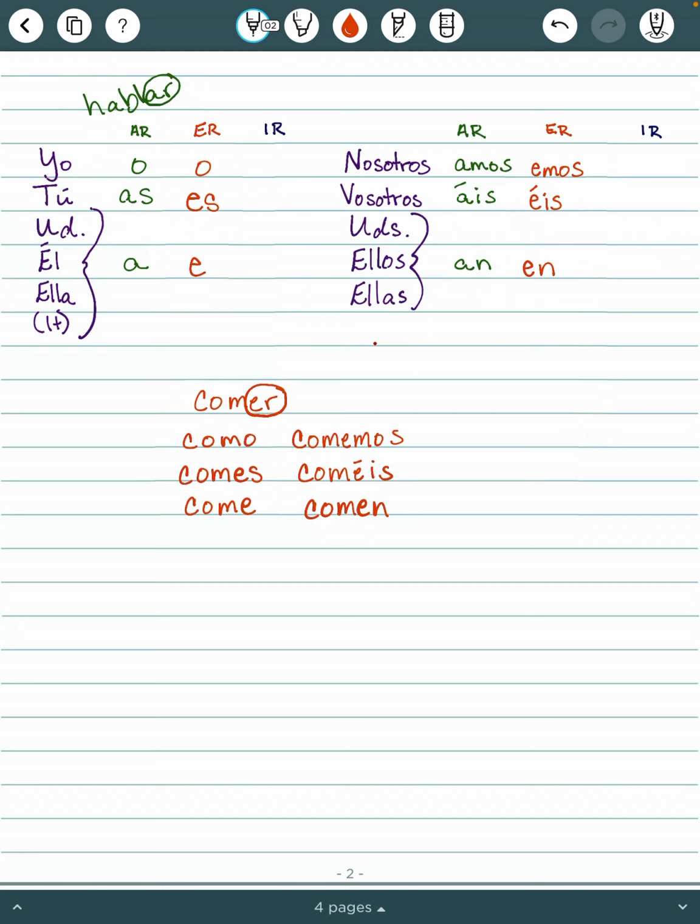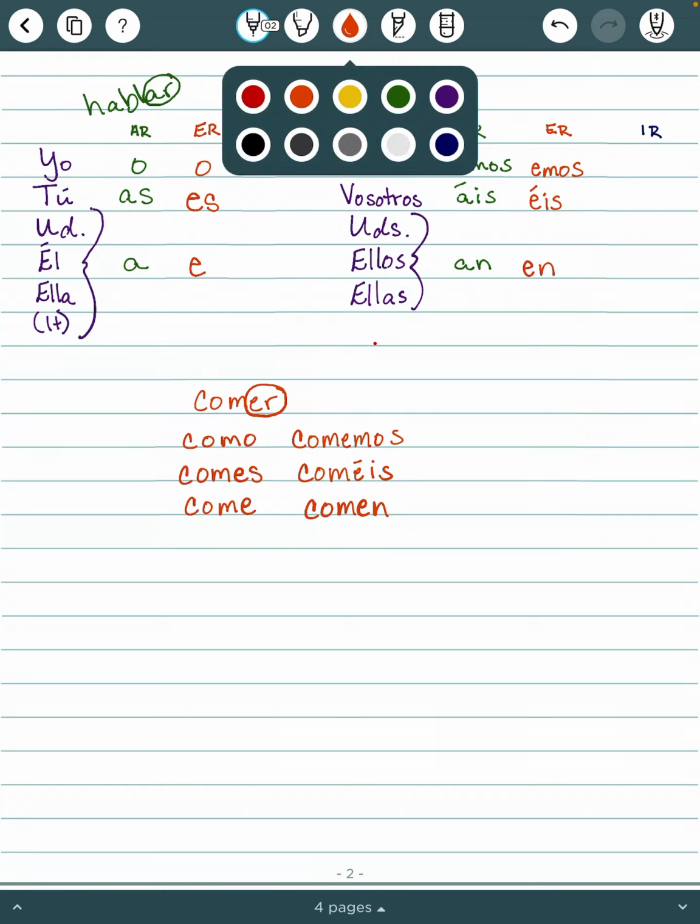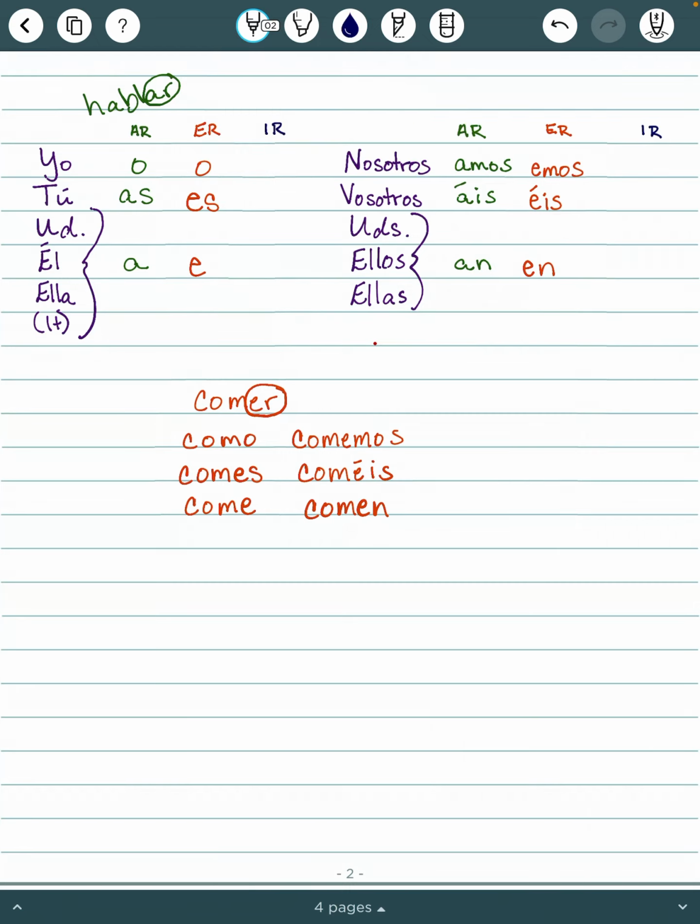Now, IR verb endings, what we want to do here is change all those A's and E's to I's. Unfortunately, that is not what we do, but it's still pretty simple. We're still going to use O for yo. So if I want to say where different people are living, the verb vivir means to live. So if I am living in los Estados Unidos, I'm going to take off that IR, replace it with an O, vivo en los Estados Unidos.